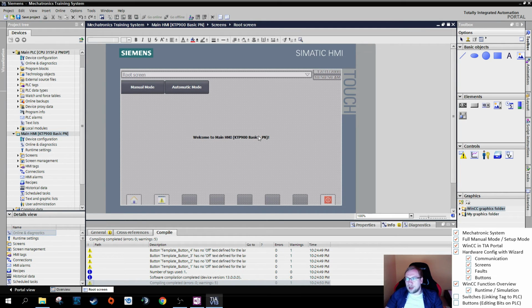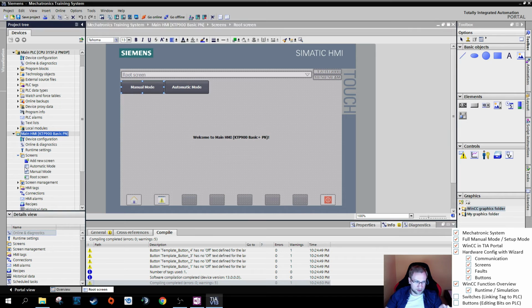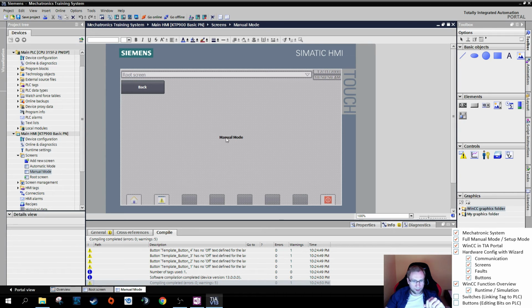So what's left in the little overview is switches and buttons. In my manual mode, on the left I can select screens, and this is going to change everything that's in my manual mode screen. So if I click now on manual mode,